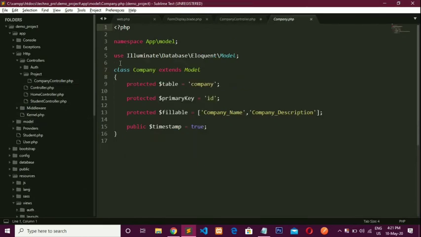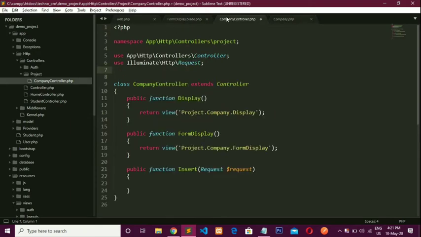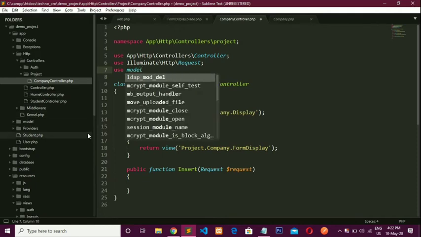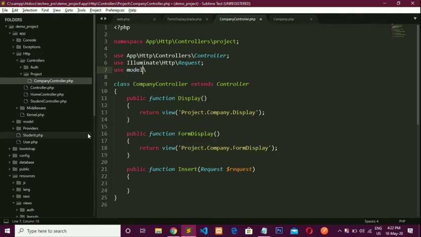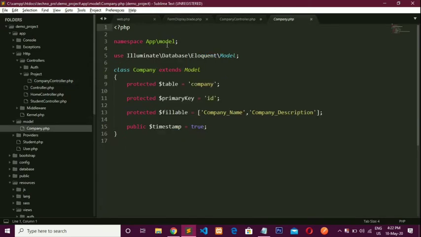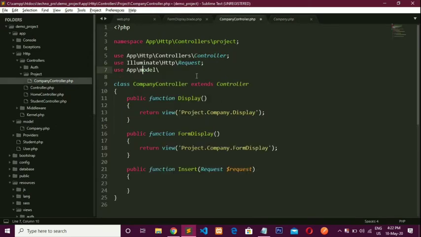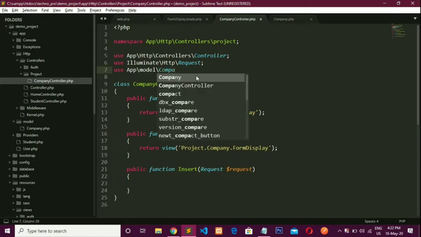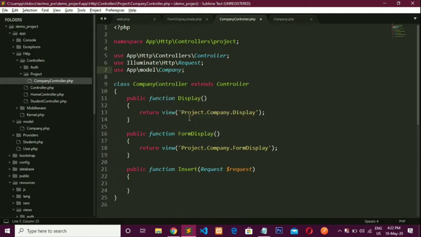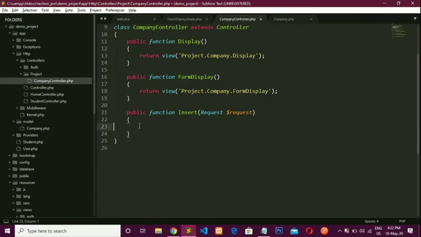Its path is use model, first app slash model, and then company. Now I am able to use the company model here.